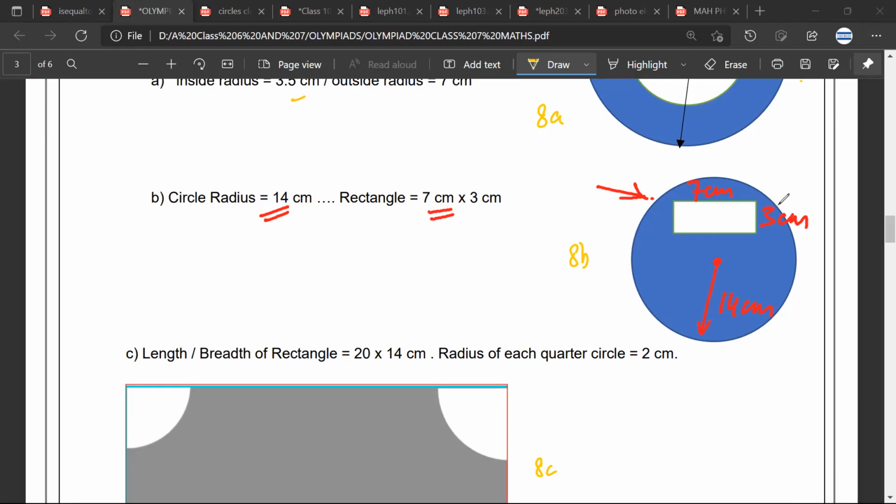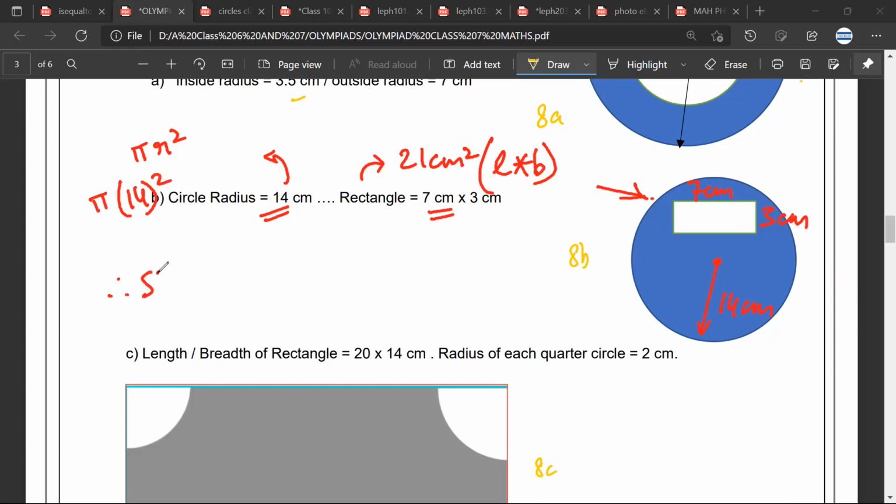Yeah, so first we have to find the area of this rectangle. So the area of the rectangle would be 21. Then you have to find the circle's area. So 22 upon 7 into,